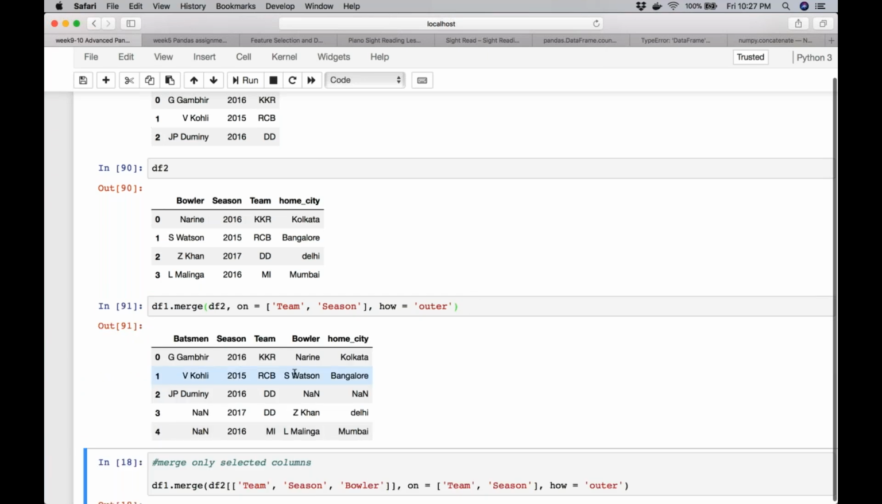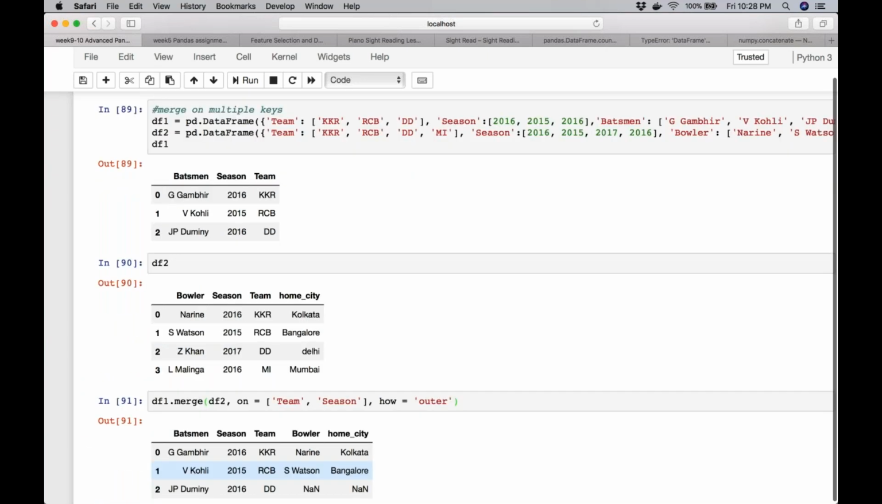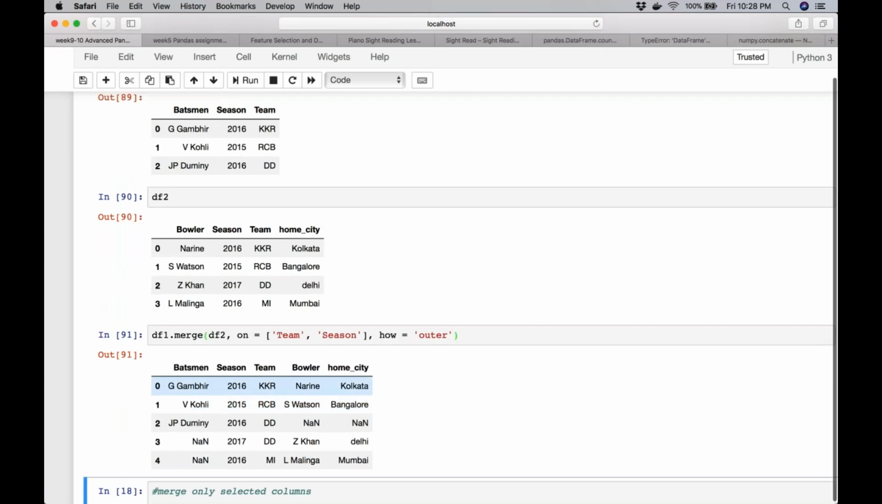So this is what I get. So now my df1, which was batsman, season, and the team, got merged with the df2, which was bowler, season, team, and home city. We are merging on season and team. So even though there are instances where